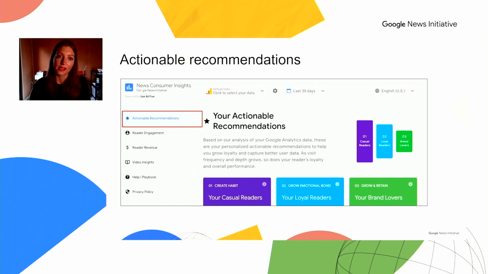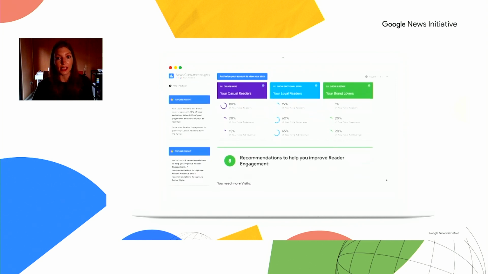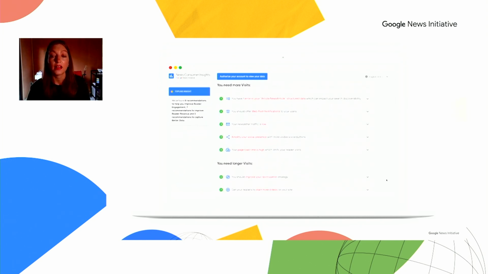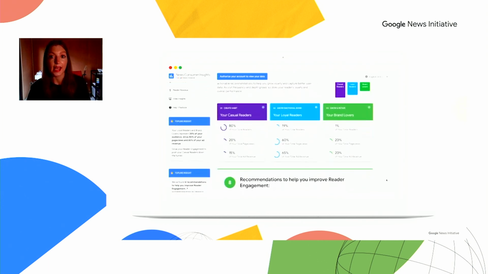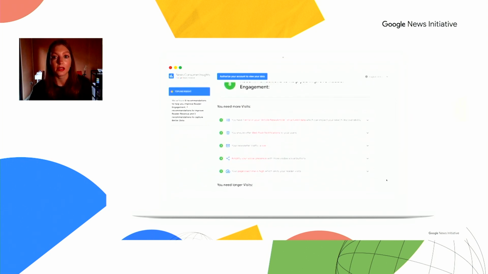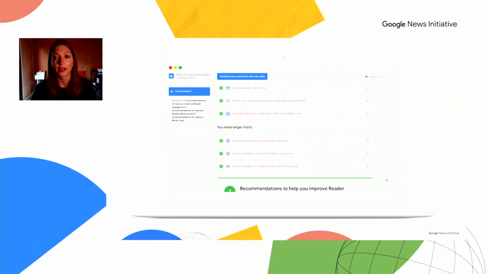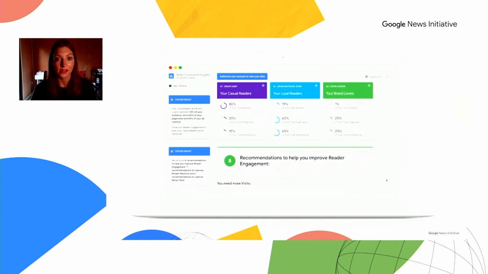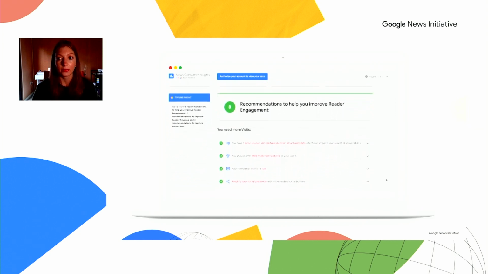In this way, this tab can serve as the daily overview, a check-in of what's happening. And all the actionable recommendations are identified through our built-in decision engine that focuses on how to grow reader engagement and reader revenue, as well as capturing better data. So you'll first see your readers segmented through our NCI reader funnel across the last 30 days, shown by those purple, blue, and green tables